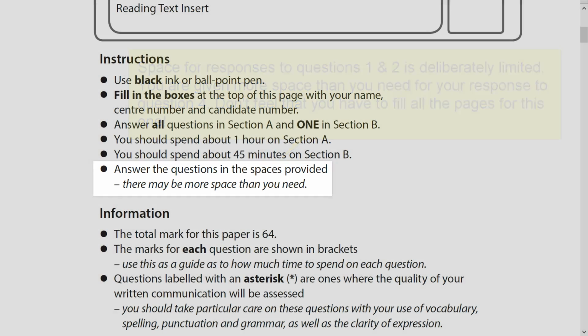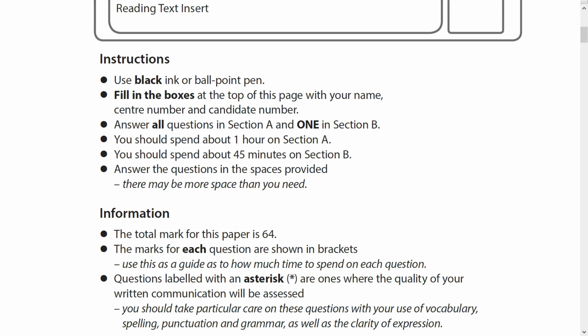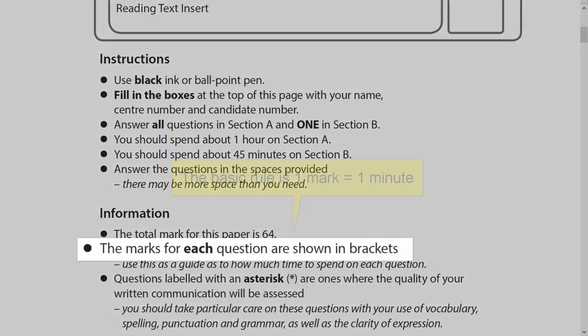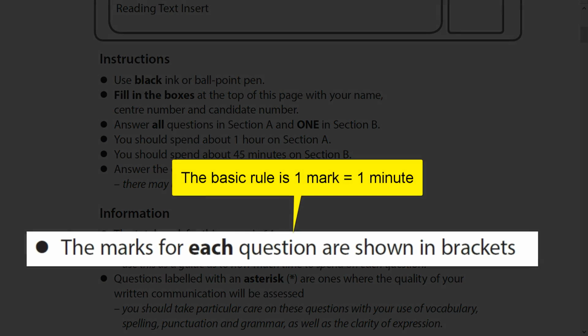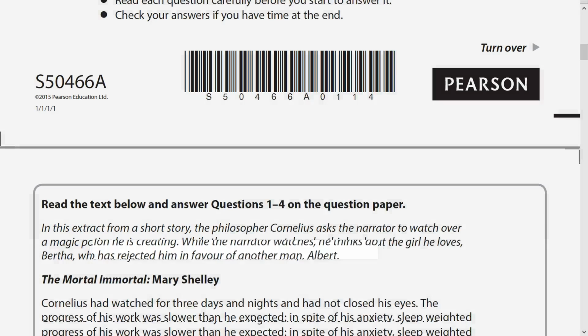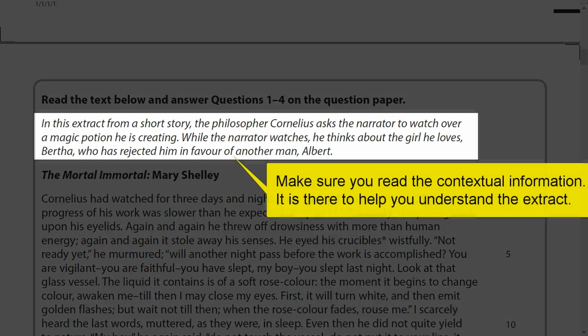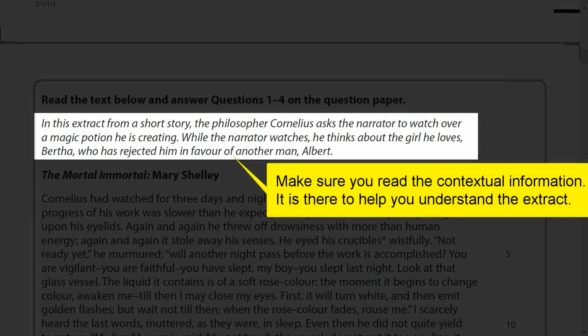scoring questions. Okay, so the total for the paper is 64 marks, and you can see the marks for each question shown in brackets next to the question, and that's an indication of how much you should write and also how long you should spend providing your answer to each of the questions. Okay, so let's go on and have a look. So you get your extract. Okay, this will be your extract, and the first sort of 15-20 minutes of the exam you need to spend